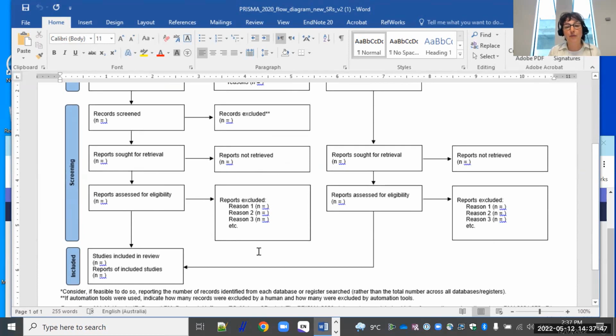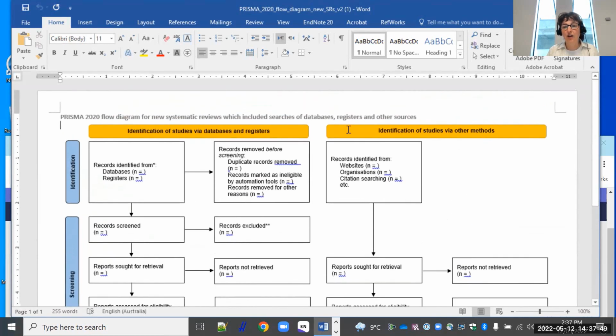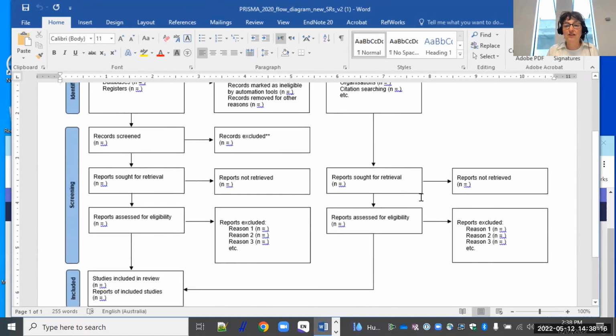And then also in the second column here, you'll see the studies might be identified through other methods. So this is getting at gray literature. So by searching websites, organizations' websites, or if there's a citation search forward and backwards. So these are some of the different techniques that we might be using to find the literature through other methods. And then you can see that we would